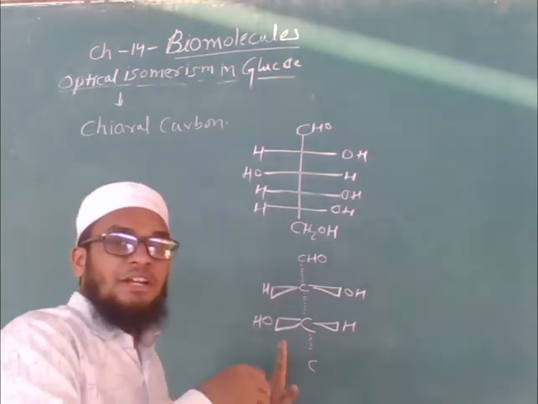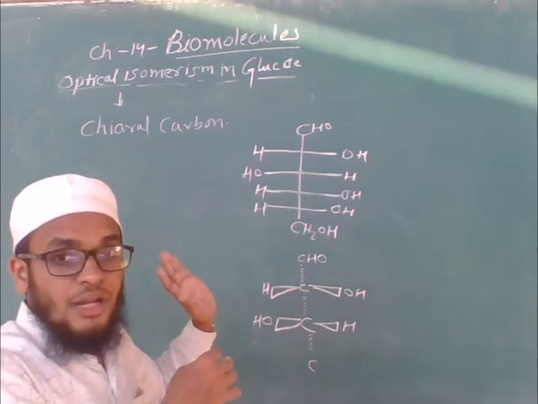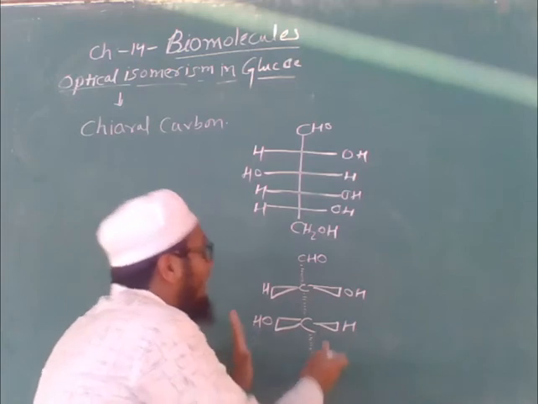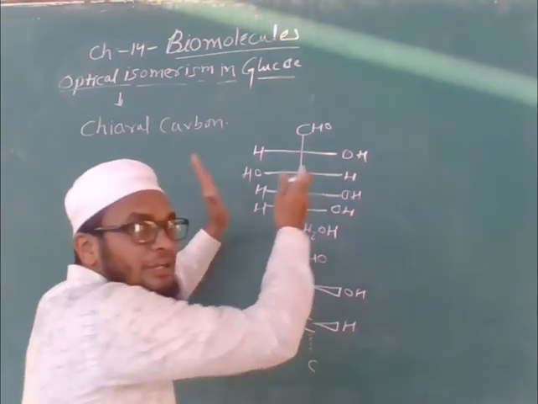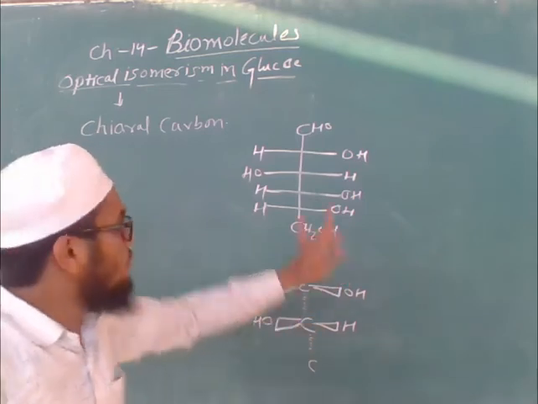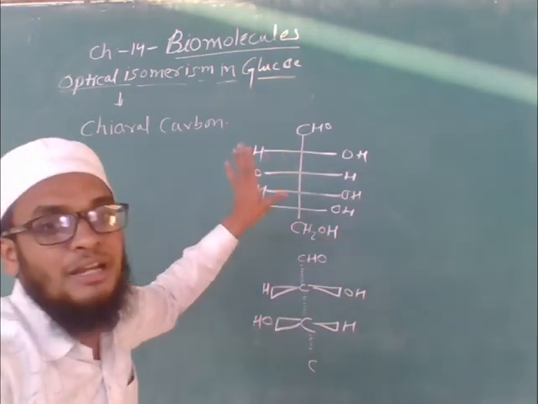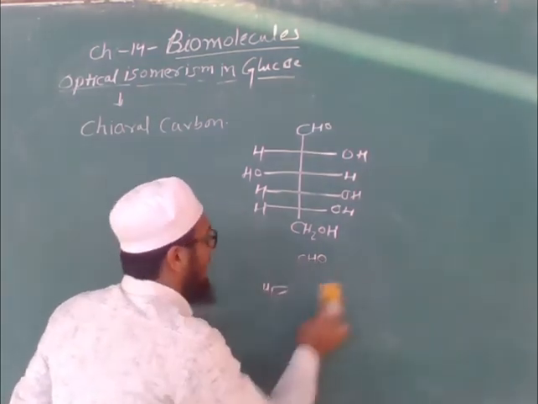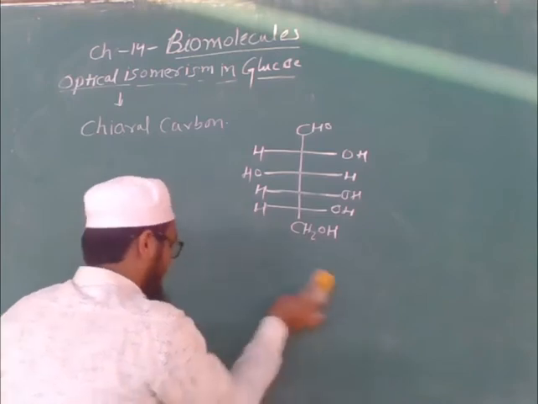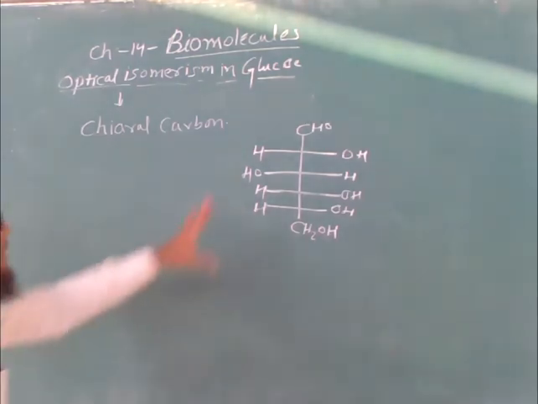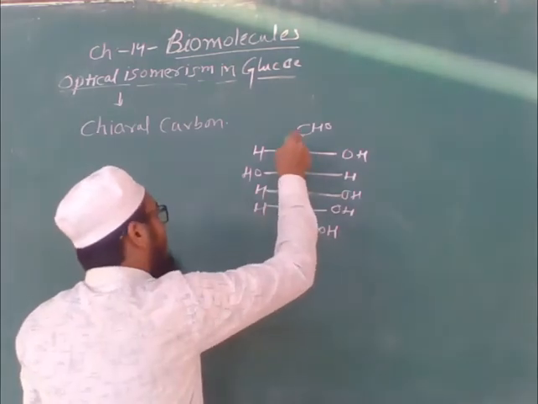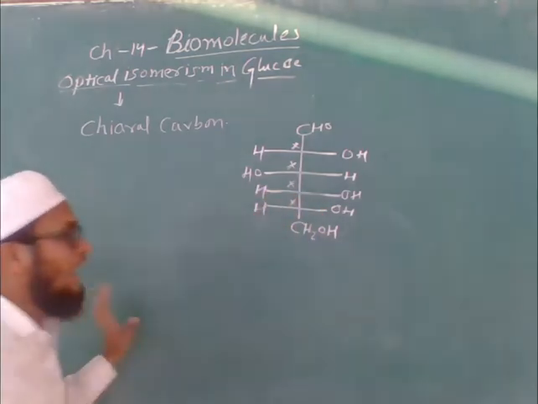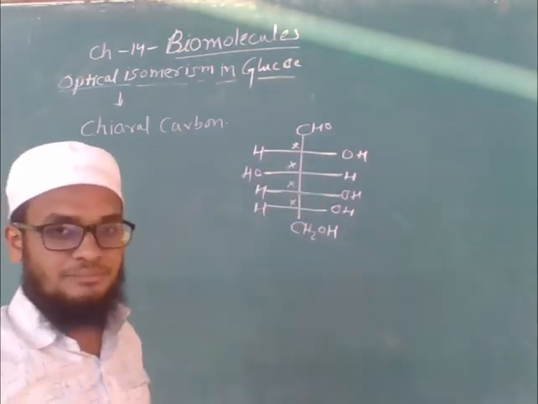If you go on drawing these structures, it will be very difficult for us. To make it simple, Fischer has given us a new formula, a cross formula, just to draw a molecule in this Fischer form in the plane of the paper. So we got the idea of drawing this 3D structure in a 2D plane. So this glucose molecule, how many chiral carbons does it have? It has 1, 2, this one is 3 and this one is 4. I am representing these chiral carbons with an asterisk mark.